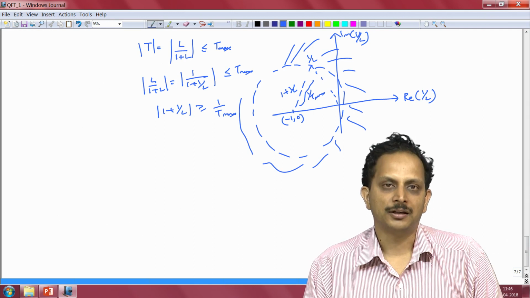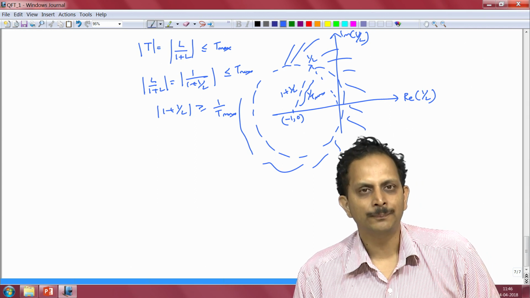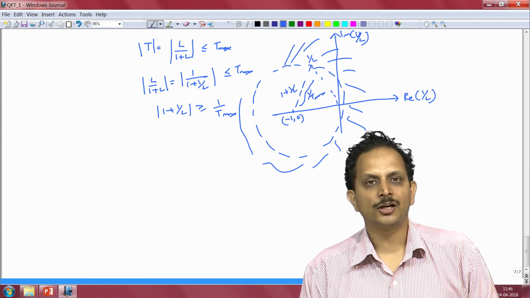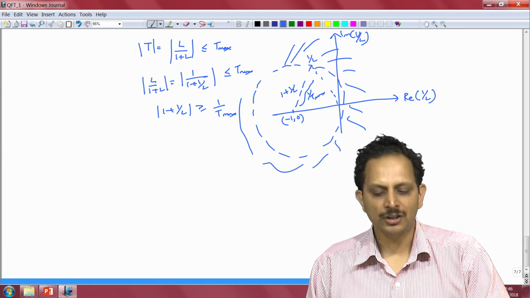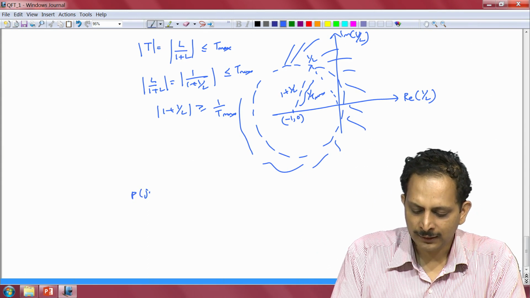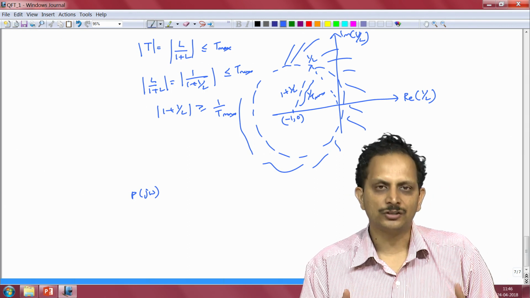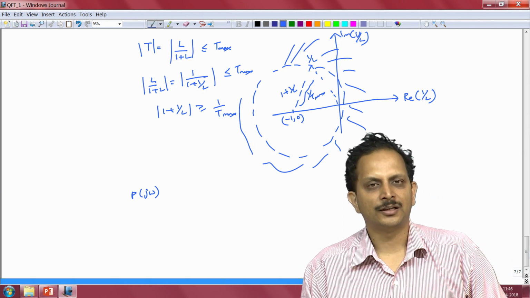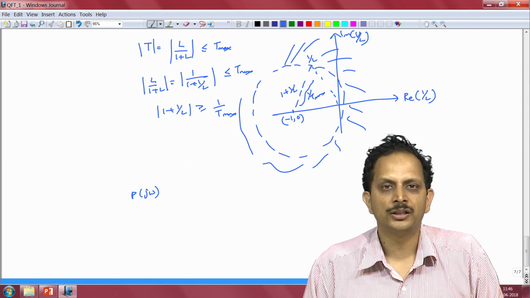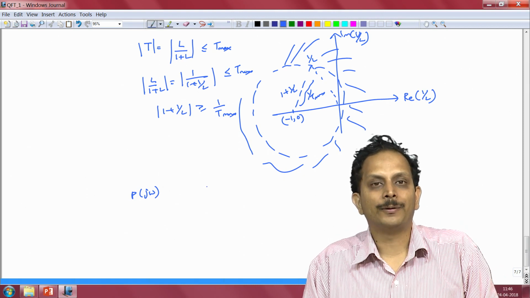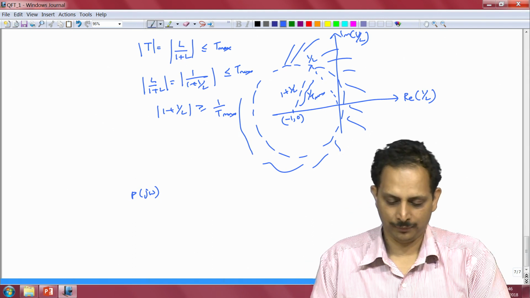The last part that we would be interested in as part of 2 degree of freedom control design is to design a control system that achieves a certain amount of robustness to plant parameter variations. So if we have an uncertain plant P of j omega, then we would have the magnitude of the plant and the phase of the plant being uncertain, either on account of the fact that the gain of the plant is uncertain, or its pole locations are uncertain, or its 0 locations are uncertain. Now let us see whether this uncertainty can be represented effectively in the Nyquist plot.